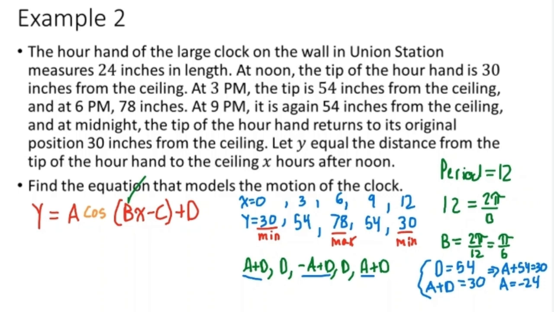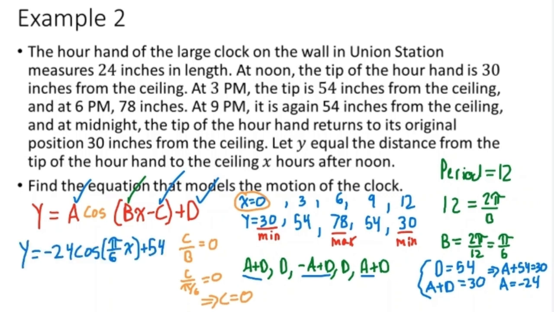So now we've just figured out a and d. And now that we know b, we can figure out c using our phase shift. Recall that the phase shift is c over b. And c over b is where we would start our cycle when we're picking our 5 key points. So here we have that c over b equals 0, since we're starting our cycle here at x equals 0. So c over pi over 6 equals 0, which means c equals 0. If we chose to stick with sine, then we would have to introduce a phase shift, because at that point our period would actually start at 3 instead. Because we decided to switch our function from sine to cosine for convenience, we were able to make c 0, and now we have all the letters we need for our model. And when we plug the values in place, we have y equals negative 24 cosine of pi over 6x plus